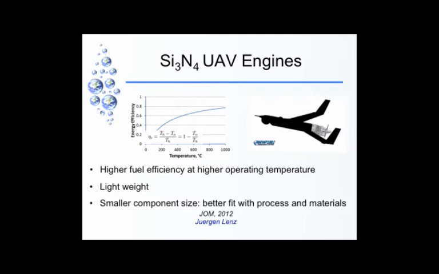Silicon nitride has a density of close to about 3.3 grams per cc, slightly more than aluminum, but definitely lower than a stainless steel, for instance. Okay, slightly less than half. So you can have it lightweight, and if you have higher fuel efficiency, that means the drone can fly for a longer time, or you can have less fuel, and so it can be lighter, and so it can fly higher. Right? So the thing is, ceramic engines with silicon nitride have been explored for almost 40 years.